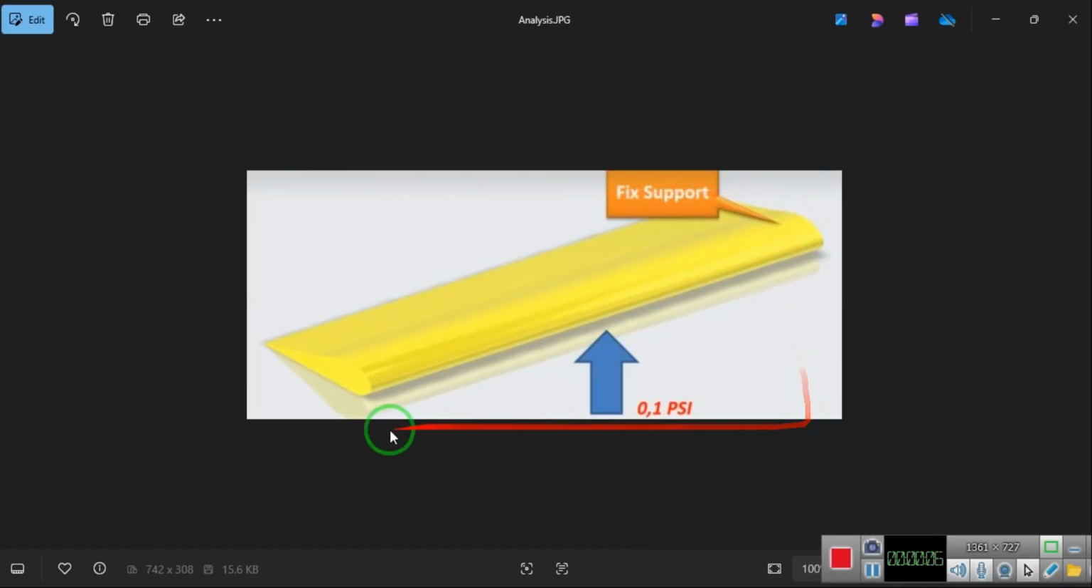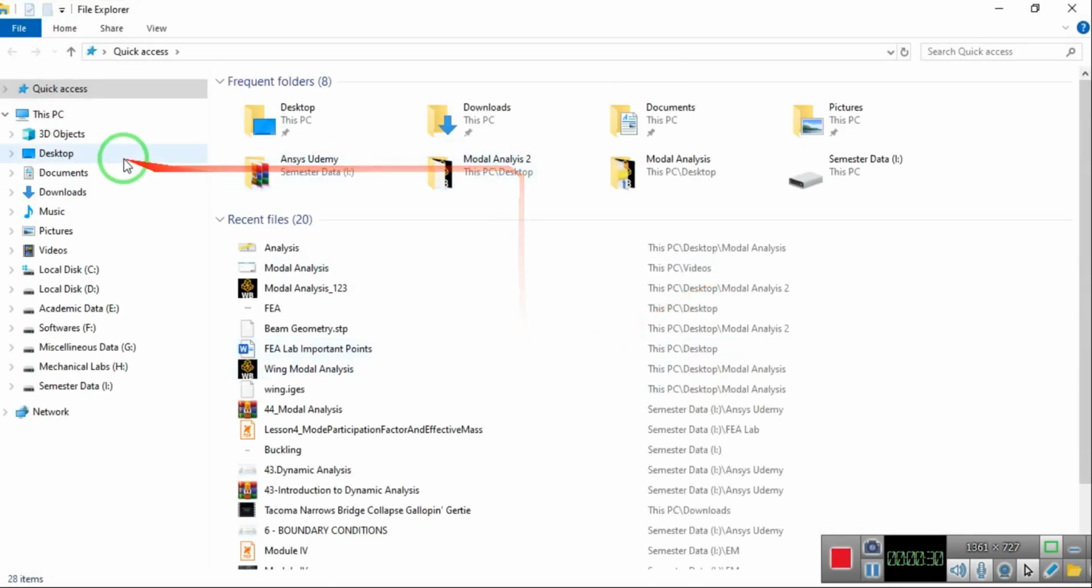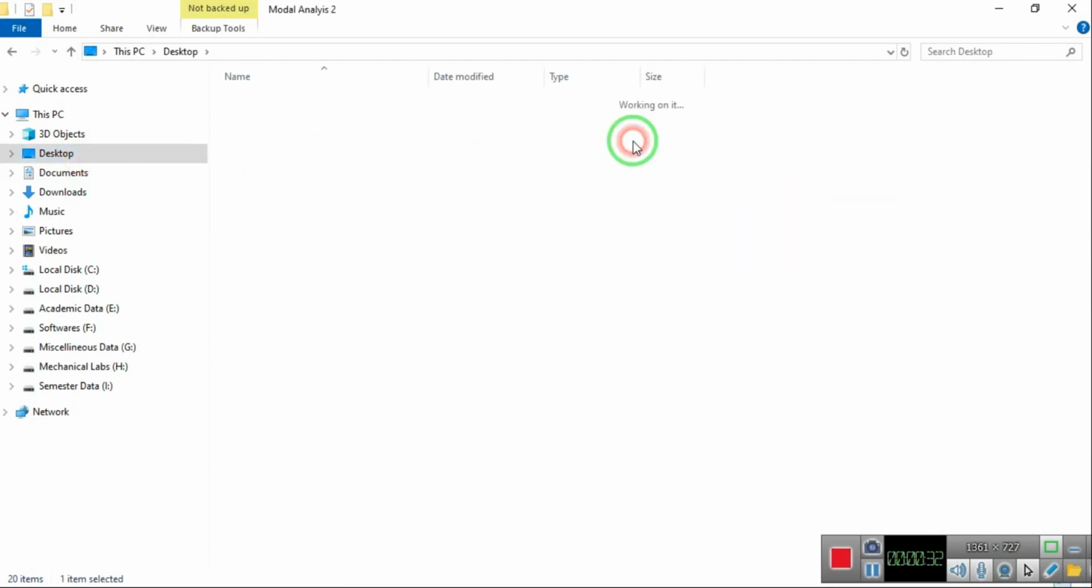Okay, for this video, we have this geometry here, and this end is a fixed support. We have applied a 0.1 pounds per square inch pressure from the bottom surface, in the upward direction. In this analysis, we are going to find the natural frequency of the system. For this one, you see that I already have the folder, the modal analysis tool, at